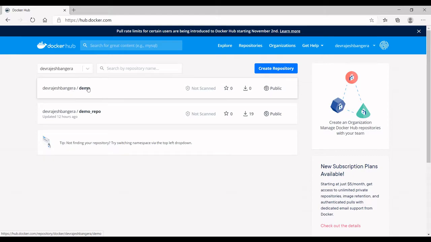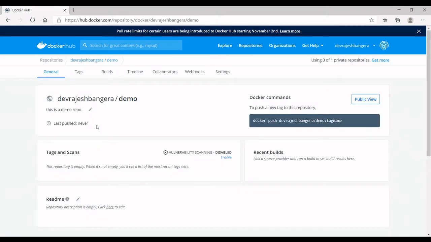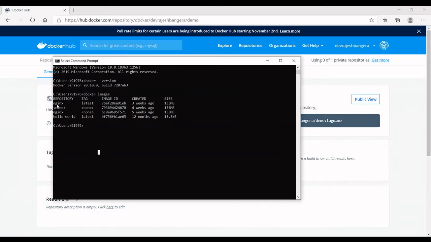This is the repository, the first one, which we created in our last video tutorial. So I will click on it. As you see, there are no Docker images in this repository. It has never been pushed with a Docker image, and the tags are all empty, as this message indicates clearly. So what we will do is get an image from our local repository, say the Nginx latest one, and then push it to this repository called demo. So let's start.